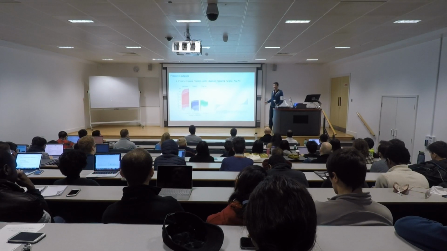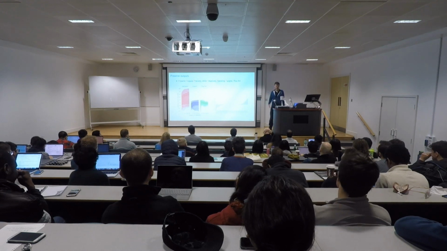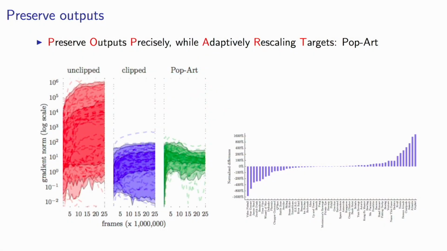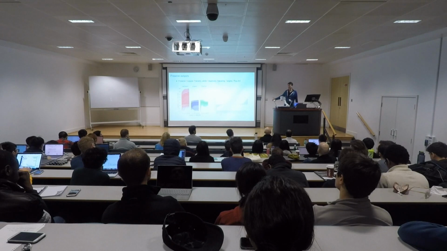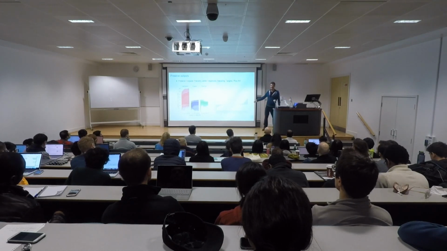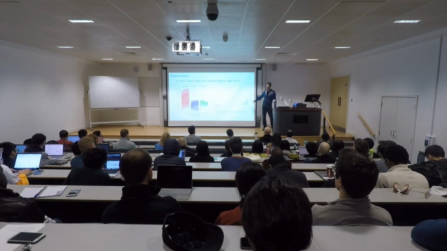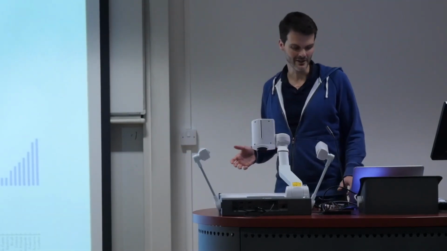Now, if you apply this in the full setting, so this was applied in this case to double DQN, which is added on as a component, you get this distribution of games. What this shows is basically the relative performance of the algorithm with PopArt and without, where above 0 means with does better and below 0 means without does better. And surprisingly, across these 57 games, it's basically on par in terms of the median and the mean performance, but there are huge differences per game. Some games are way better, and some games are way worse. Now, that might not sound like an immediate win, because why have we lost some games? Why are some games way worse?